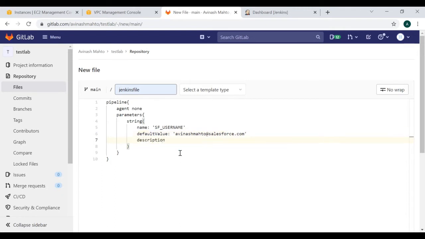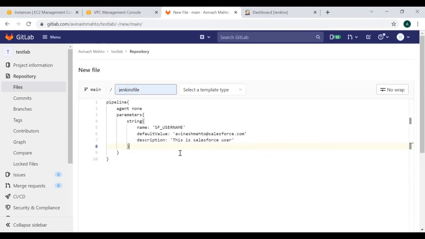Description. So this is the one section where you are defining the parameter.